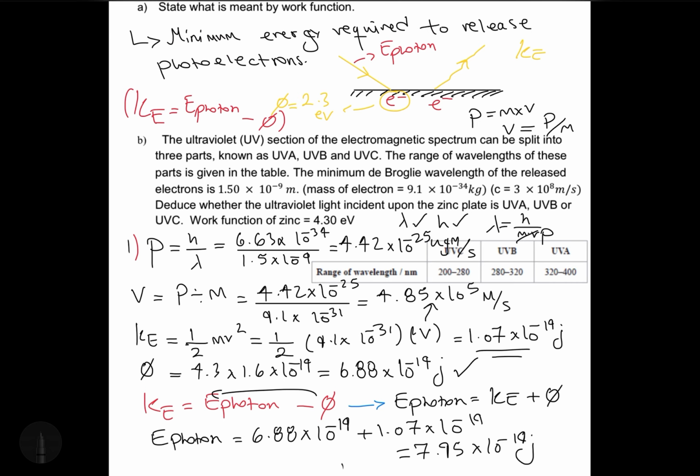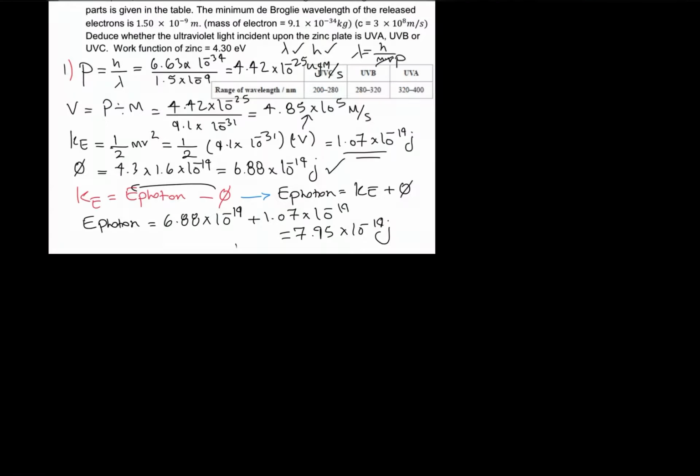What's next? We can find the frequency of the photon, then find its wavelength. We're going to do that here. So I'm going to go down. Let's draw a line here. Okay. To find the frequency of the photon, we know that the energy of a photon is equal to frequency times